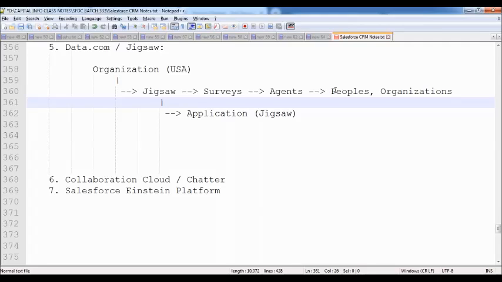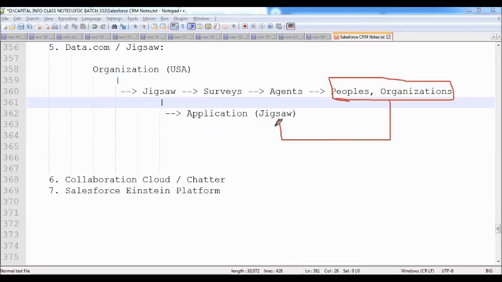They store all the information they collected through their surveys, the people's and organizations' information, inside their application called Jigsaw.